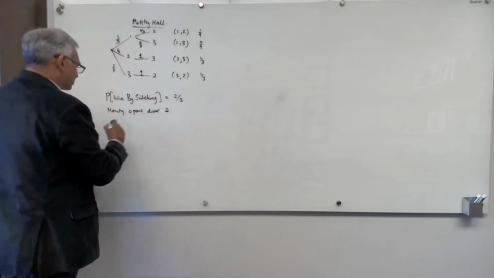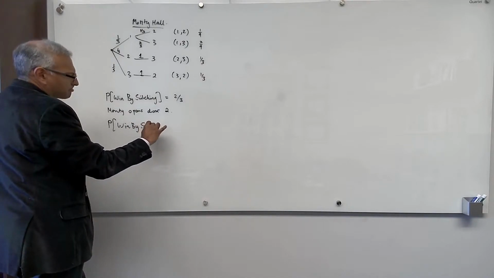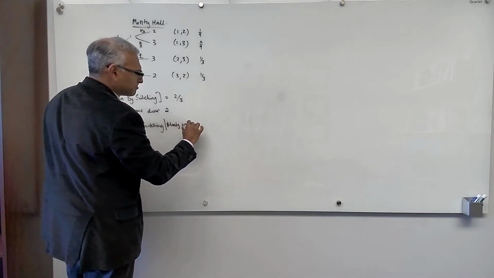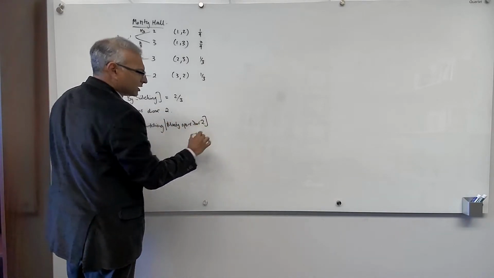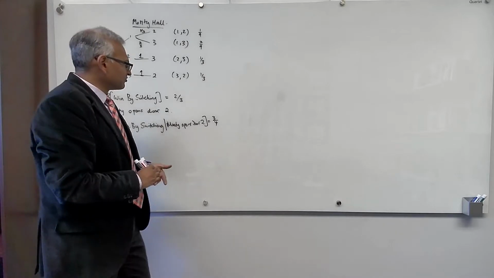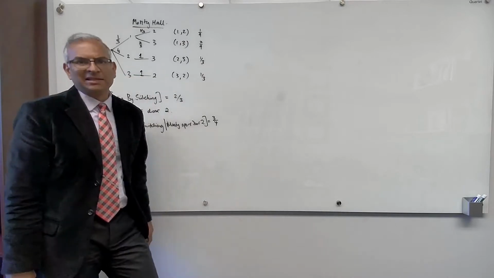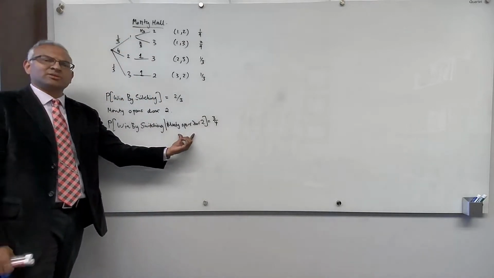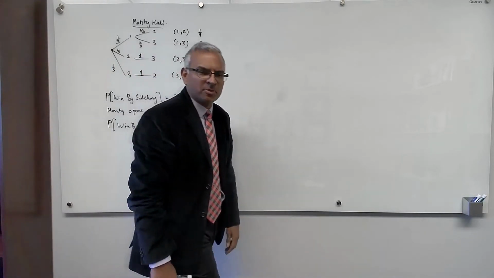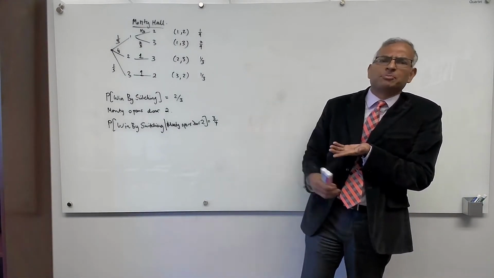So you should be jumping up and down for joy. Now here's the exercise. Compute the probability to win by switching, given that Monty opens door 2, and show that this probability is 3/4. When you didn't have this additional information, at the beginning of the game, your chances of winning were 2/3. But now that you know Monty opened door 2, your chances of winning have gone up. That confirms the intuition I gave you: why wouldn't he open door 3? It must be that the prize is there.